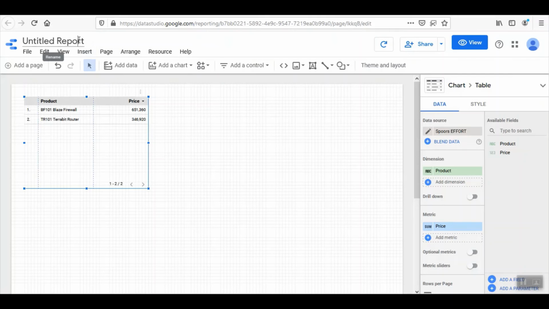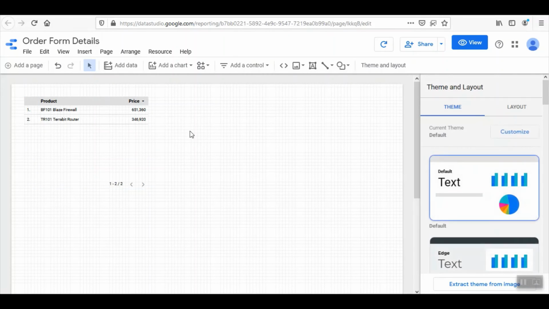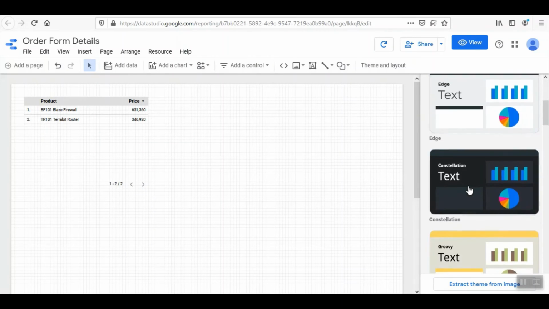Enter a title for the report here. This is the canvas where you will create reports and dashboards. You can customize the themes from here.